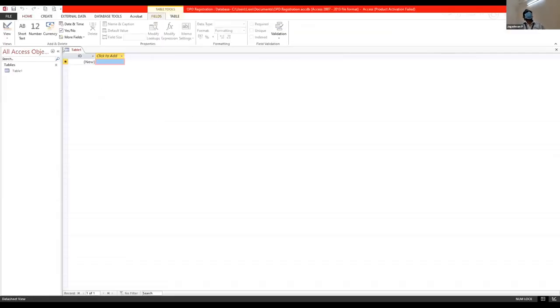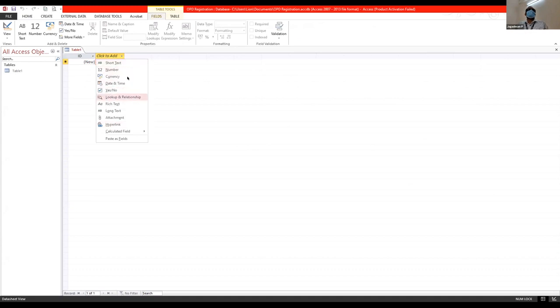The moment you say yes, something called a table pops up here. It's quite similar to the Excel sheet, except that in Excel you have the rows and columns already displayed. Here we don't have the rows and columns displayed automatically. We need to create each and every column. The rows get added whenever we add a patient. So rows belong to individual patients, columns belong to the fields which you want the data entry person or the resident to fill up. Fine. So now, as I told you, we are going to create a new case registration for OPD. So we're just going to click to add. The first thing I'm going to add is name.